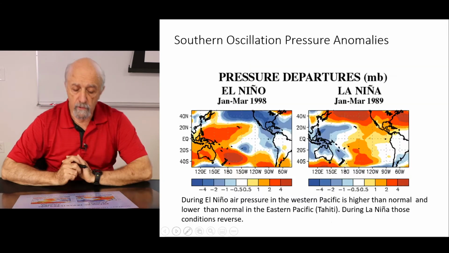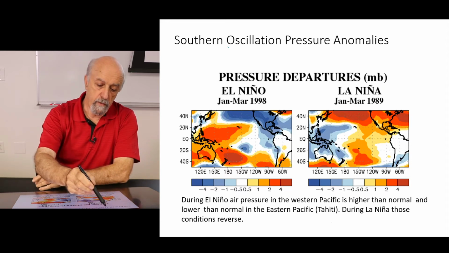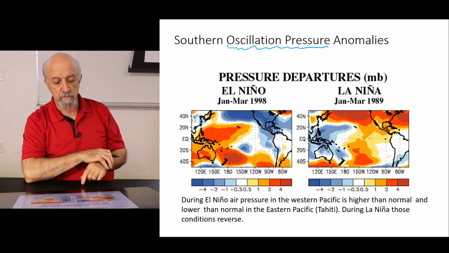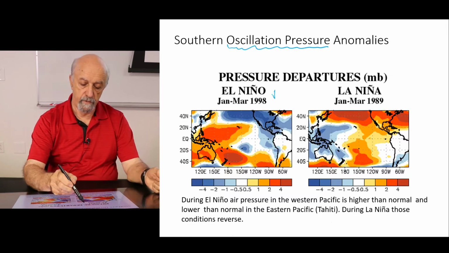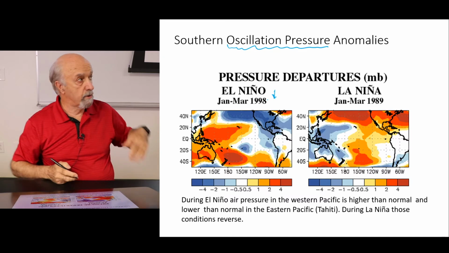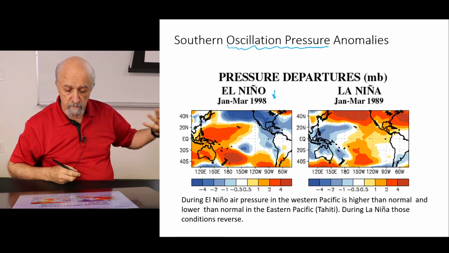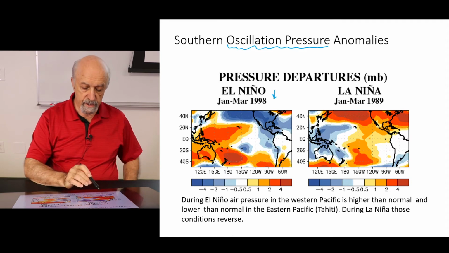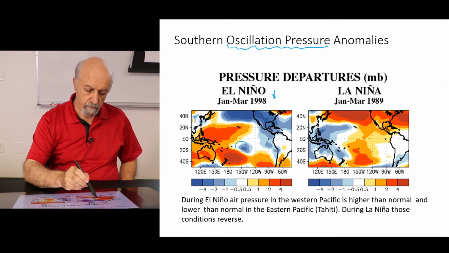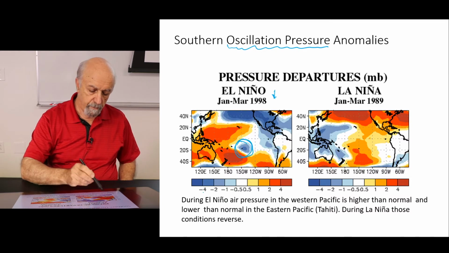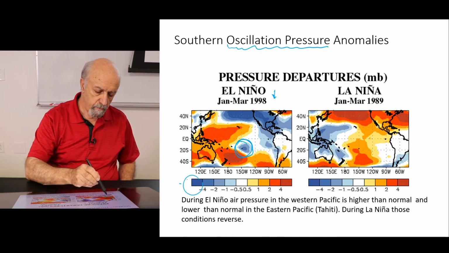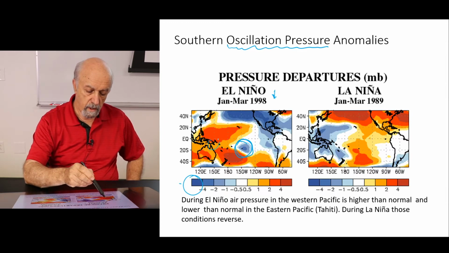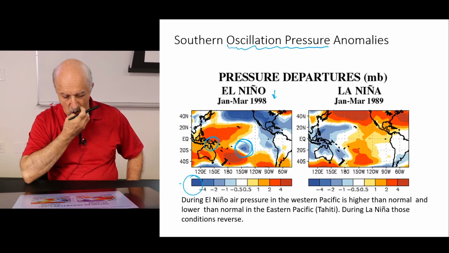So what we're going to do now is try to see what happened with these pressures or pressure anomalies. See El Niño here, 1998, the same one we just mentioned, with the departure of normal temperatures in the upper part of the ocean. So what we see during El Niño is this place in here, remarkably, is very low pressure. And this place in here is high pressure. All right.